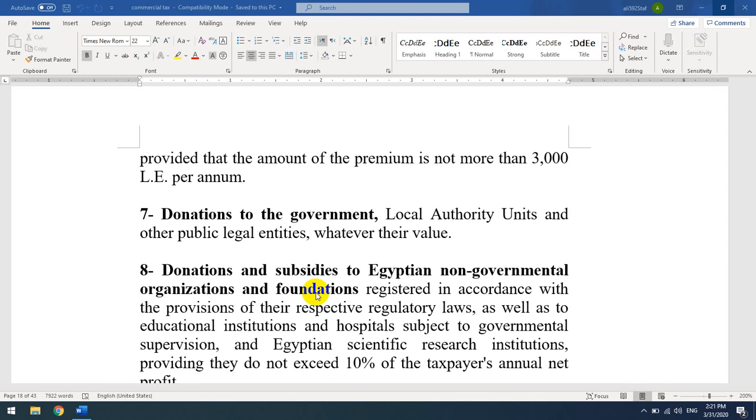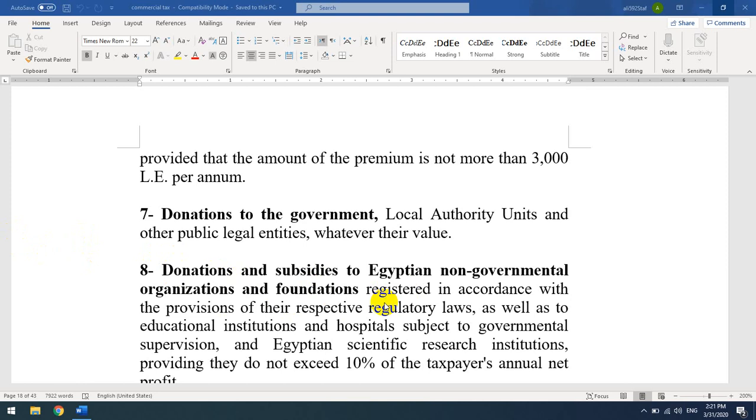If it is subject to governmental supervision, this donation is deductible, but